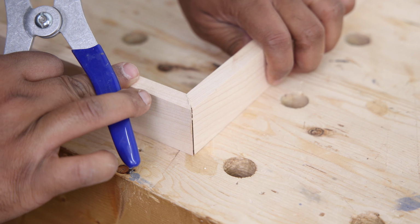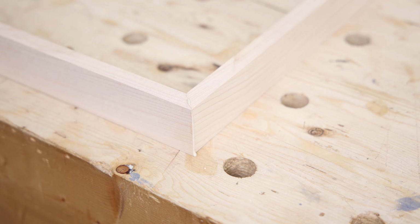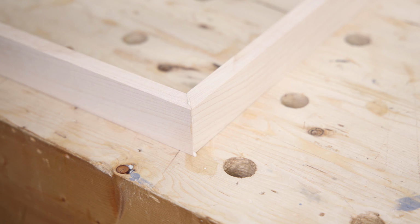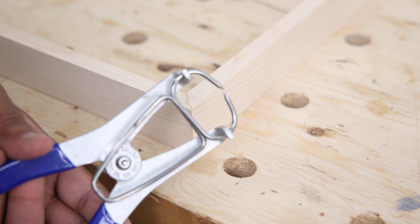And as far as bringing this 45-degree miter together and clamping options go, there's a lot of options out there. You can use band clamps, you can use parallel clamps, and that'll work pretty well. You can even just use tape all the way around and just pull it real tight, and that actually works pretty well too. But for me, when it comes to picture frames, I really like to use these spring clamps,